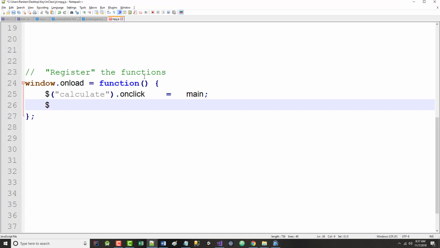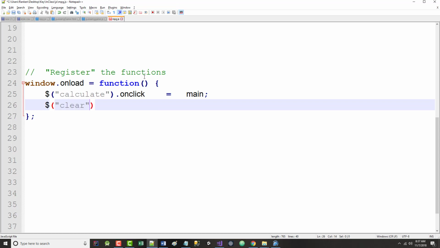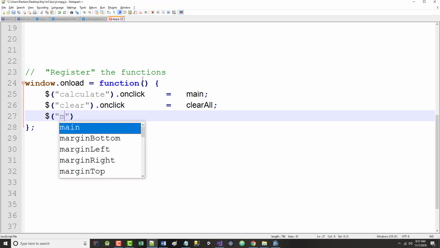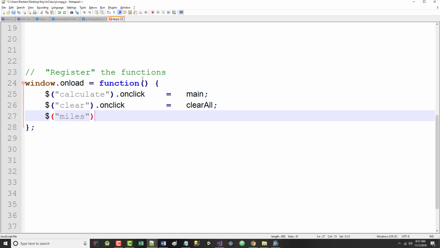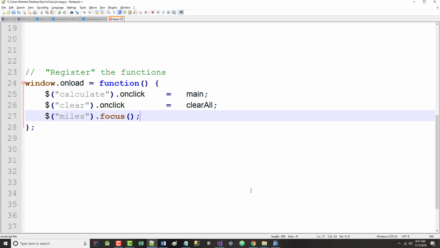All right. And the other thing I wanted to do was for this clear. When I click that button, I want to call a routine that I just called ClearAll. Again, nothing real meaningful about that name. Finally, when the program begins running, I want this thing called miles to have the focus. All right. So when you look at these three lines of code,